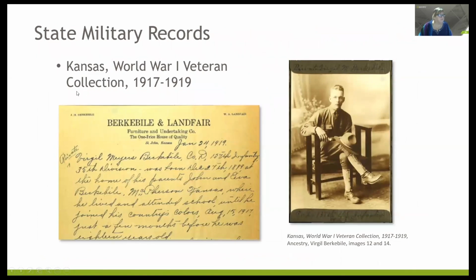And speaking of the stories of our veterans, you look at state records, state level records. We have a lot of collections that are on the state level. We tend to think of military and we go right to the federal records, but there are a lot of collections that the states put together afterwards. This, for example, is from the Kansas Historical Society. We have several similar collections. I think New Mexico and California have collections that are like this.